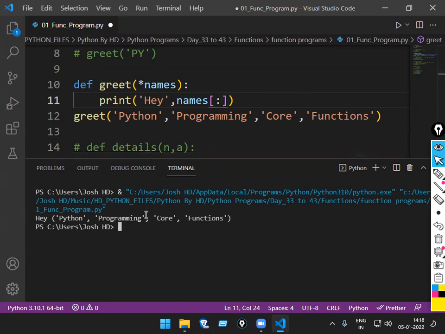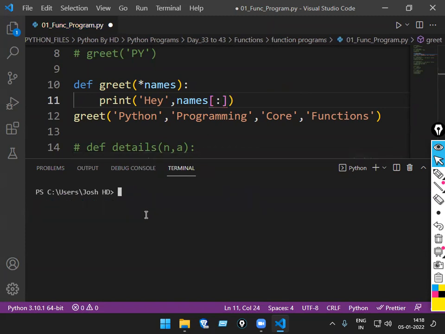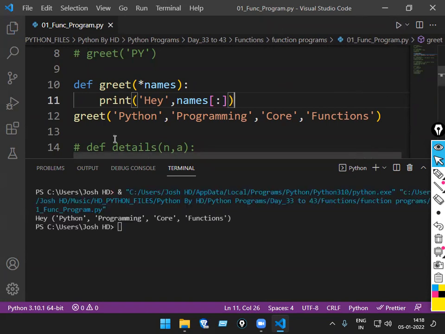What topics have you studied till now? The topics you have to utilize now. Okay. I can't say everything now. If I want only a few names, then how? If I only want the first 2 names, need to pass 0. Up to where? 1, 2 or 3. I only want Python and programming only. Pass what? 2.